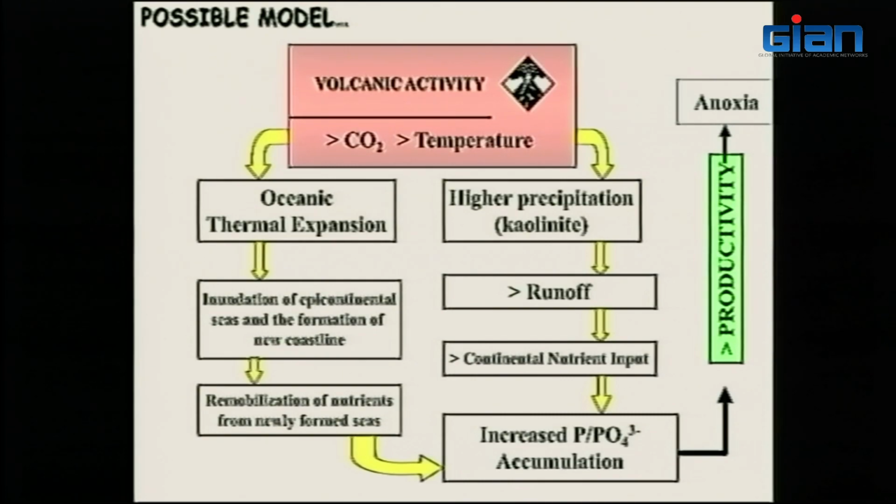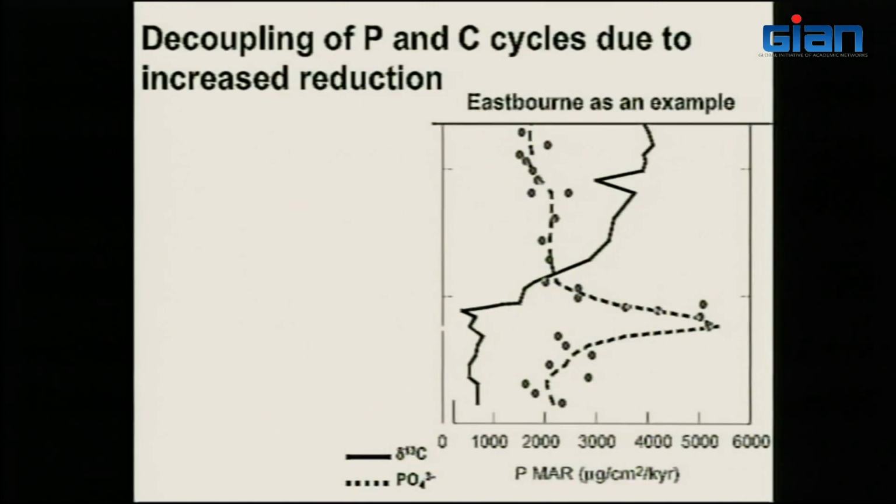You get this stabilizer top very negative, you get the kaolinite. So you have more phosphorus coming also from the continent, which will also increase the phosphorus accumulation. So you get increasing productivity, and this will boost the productivity and lead to anoxia. Okay, here you have a coupling between, at least at the beginning, carbon and phosphorus, but after, as I said,